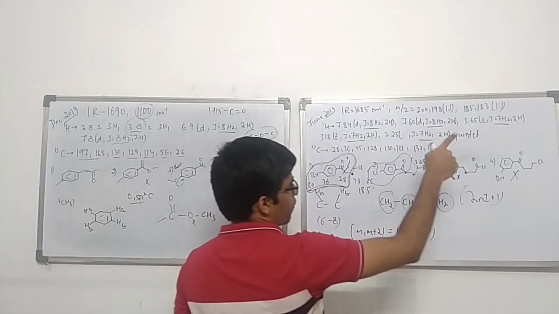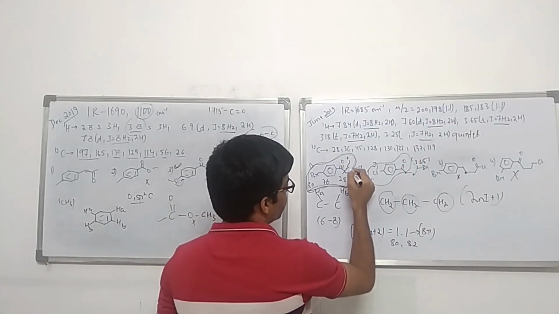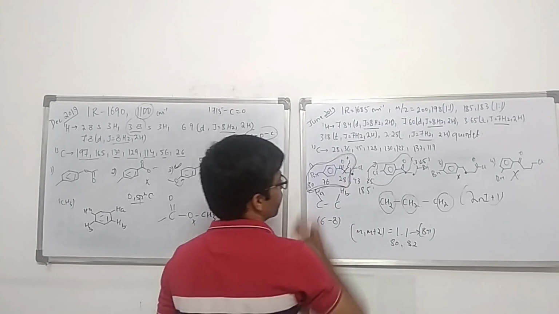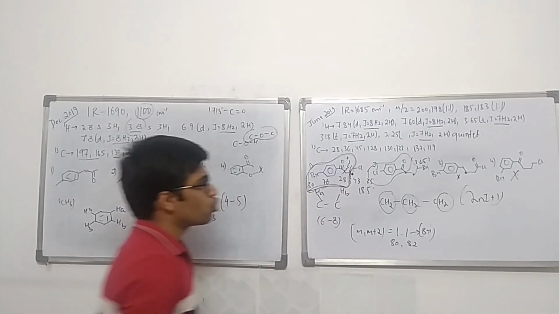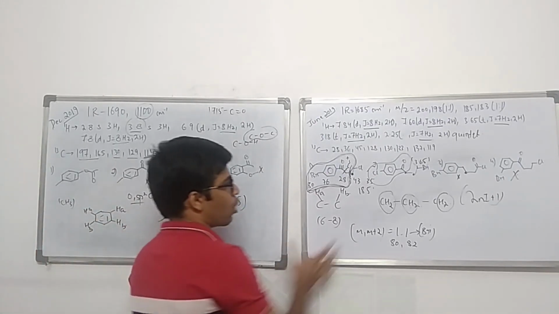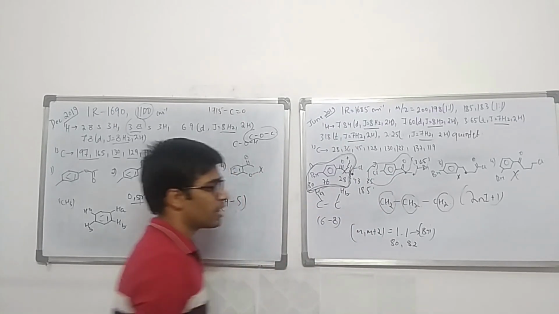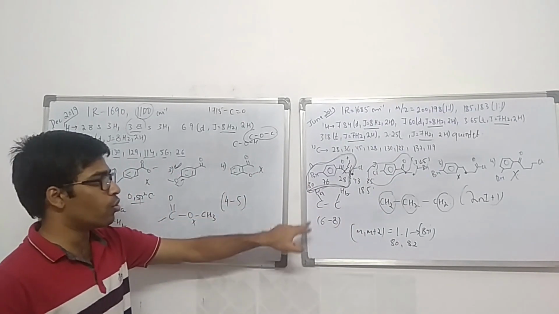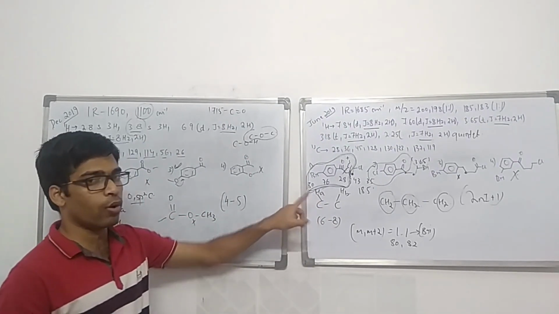The other M by Z value, that is 200 and 198, will have one of the CH2 groups from here. So that means the fragmentation is occurring here. So the M by Z value will help you to figure out the answer between these two. What is the answer? So the correct answer we came out with, using the NMR data, coupling constant and M by Z value, is option number 1.